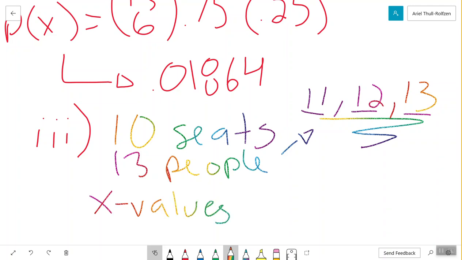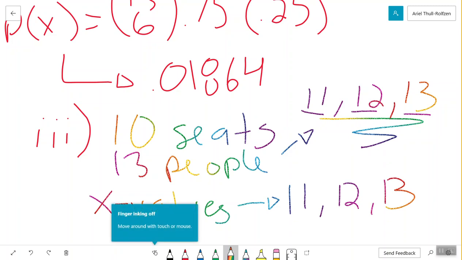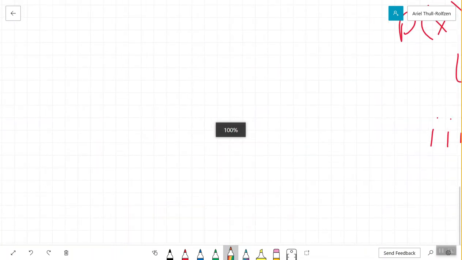Because my equation doesn't change, remember. The only thing that's going to change throughout this are my x values. And my x values are going to be the 11, the 12, and the 13. So now that I've established my x values, all I have to do is write down that same equation,